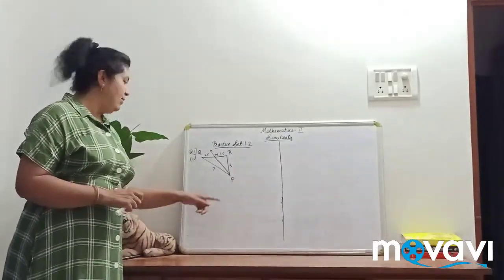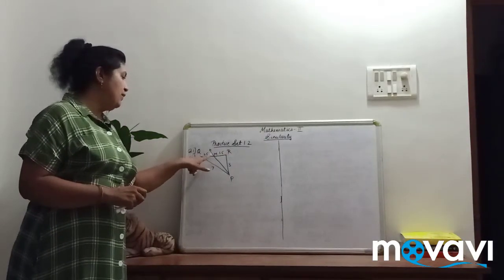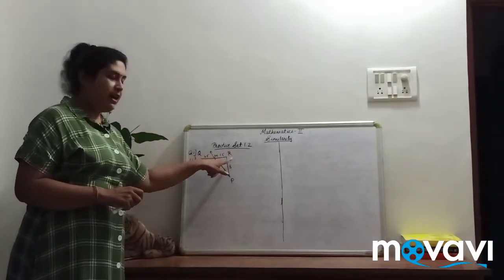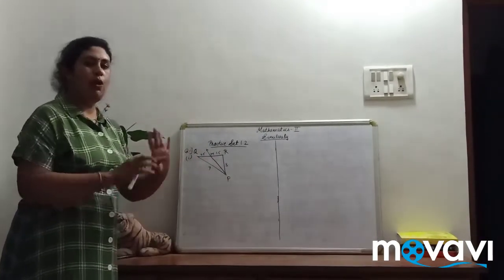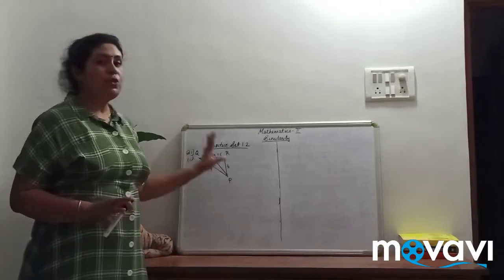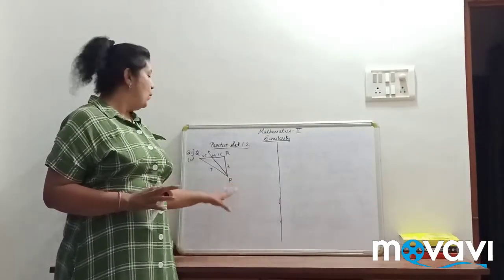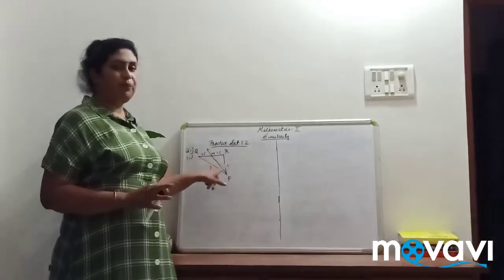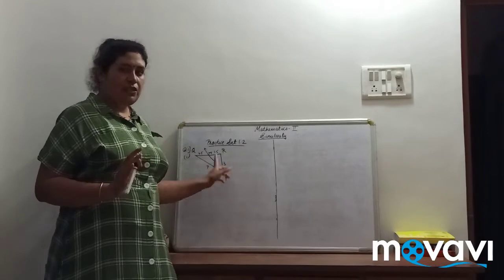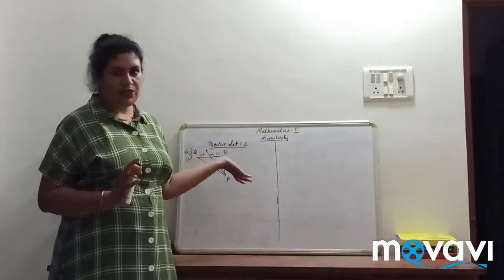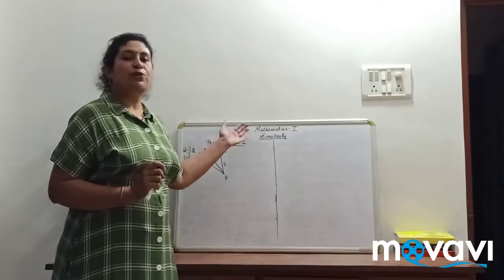This is the diagram. Triangle PQR is given. The measurement of QM is given, the measurement of MR, and the measurements of RP and PQ. All these things are given. What you are supposed to find is whether this PM is the bisector of angle P. So we have studied the converse of the angle bisector theorem, so we are going to make use of that.